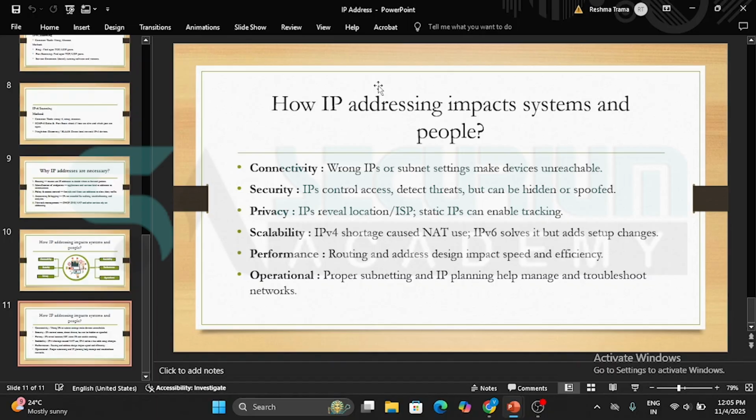In privacy, IPs reveal location, ISP, etc. In scalability, IPv4 shortage caused NAT use, but IPv6 solved it though it adds setup changes. In performance, routing and address design impact speed and efficiency, and in operational, proper subnet and IP planning helps manage and troubleshoot networks.